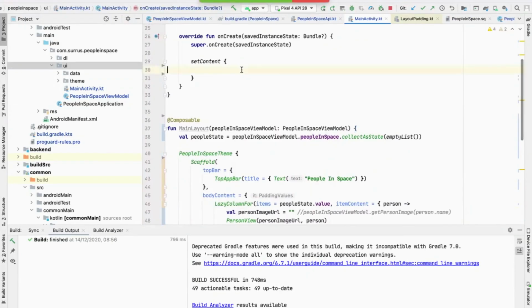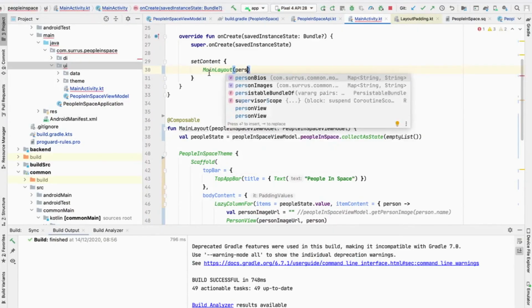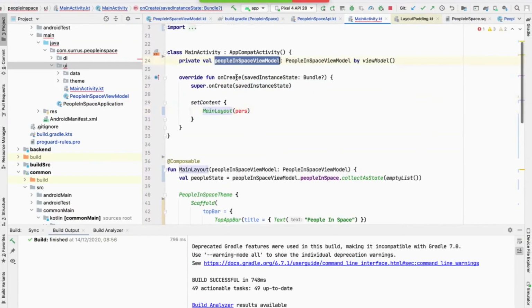And having done that, we can now, if I remember to type the right one, use another extension function that Compose provides. Instead of, in an activity, typically on Android, having setContentView with our layout file, we now call setContent and just invoke our main layout, passing in the view model in this case. And again, we're using Koin to inject the view model into the activity. So if we run this,